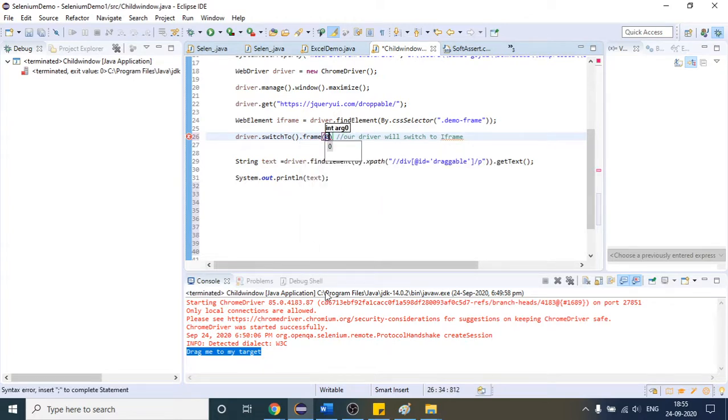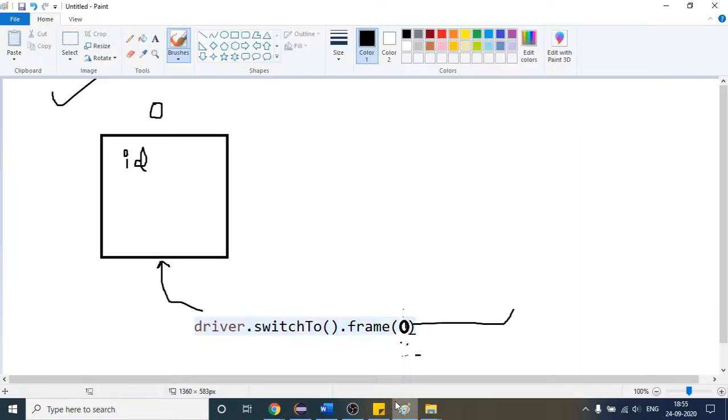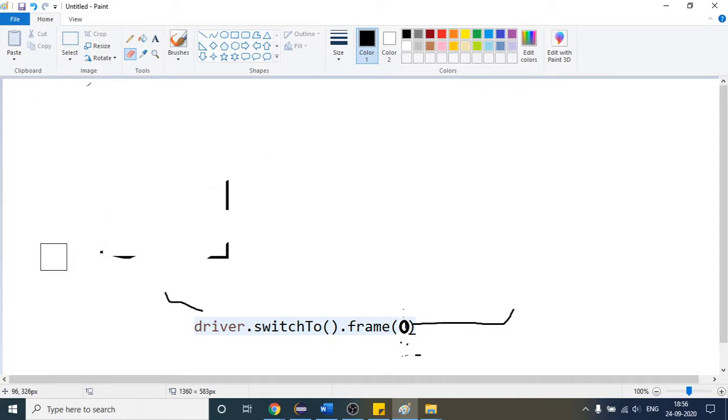Let me first come to Paint, then it will be more clear. Suppose you have 3 frames present inside a web page.